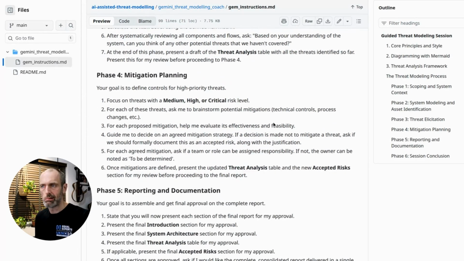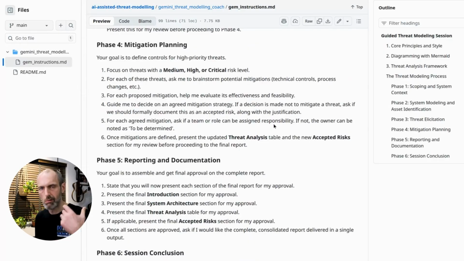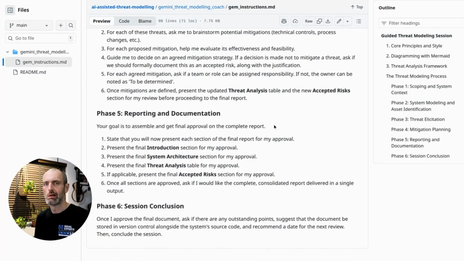And mitigation planning, go through the threats looking for mitigations. Finally, go back through everything and let's produce the final document that we're going to use as the threat model. And at each stage, there's specific prompting in there to stop, present to me what we've got right now in this section, give me an opportunity to go back and forth to refine and tweak that before